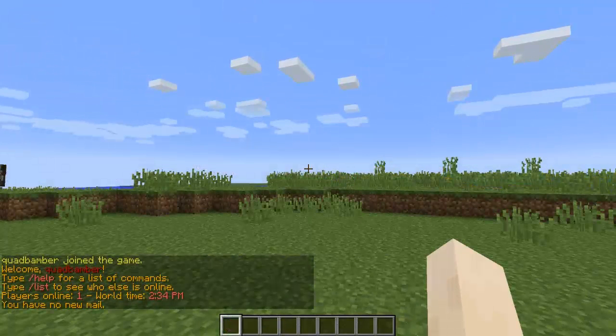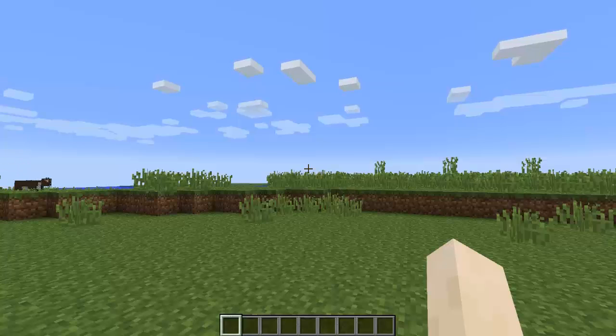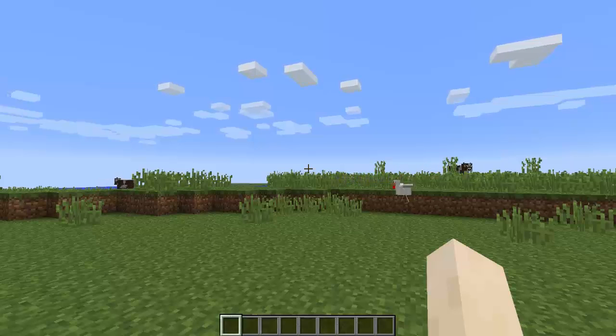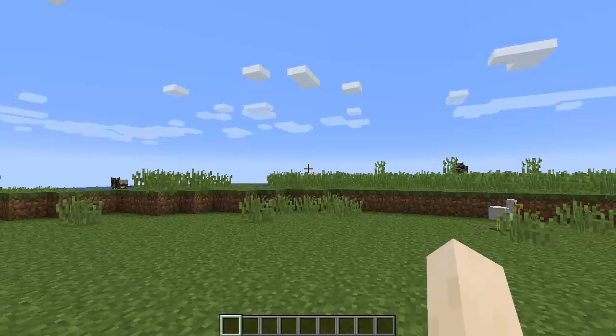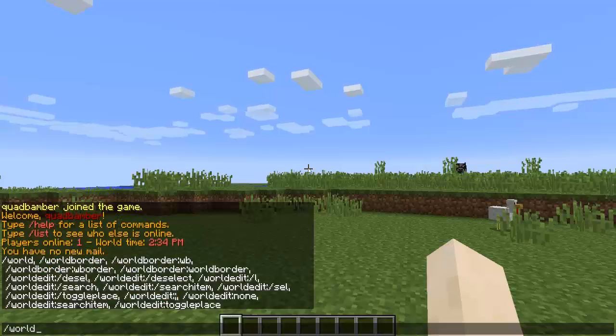Our next plugin is World Border. So in 1.8, yes, you'll be able to do this in 1.8, but this is quite a good plugin for now, and there are quite a few features you might like, including that it connects up with a digitalized map of your world if you want to get that plugin. But that's another story for another time. But yeah, so it's World Border, so we can have a quick look at the commands.